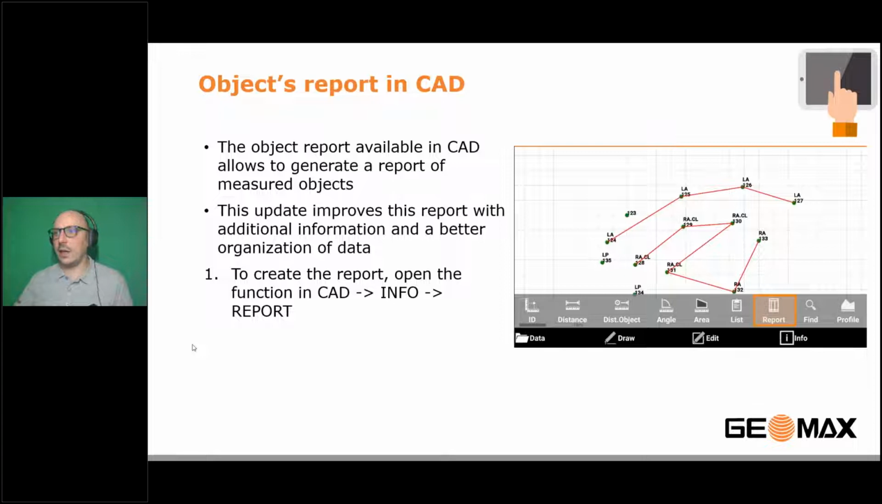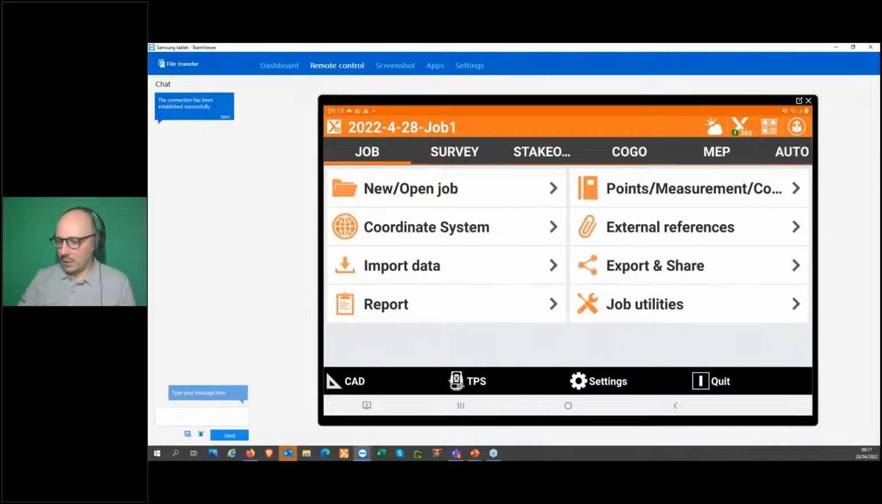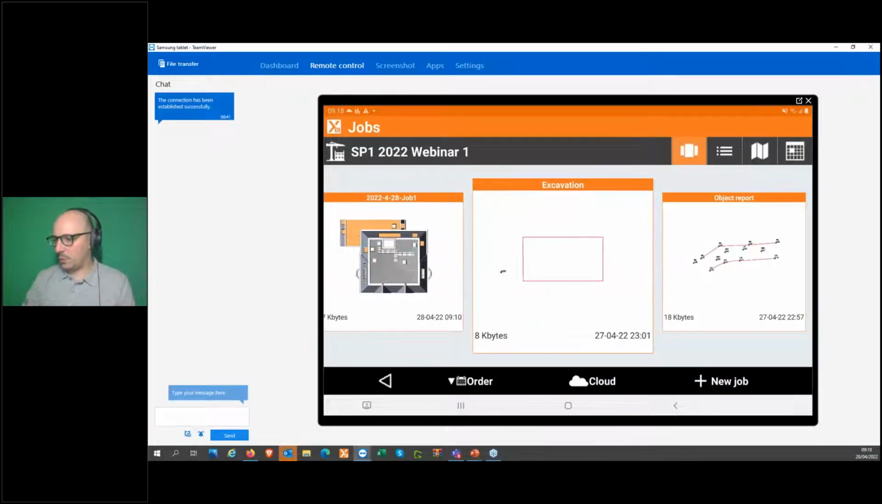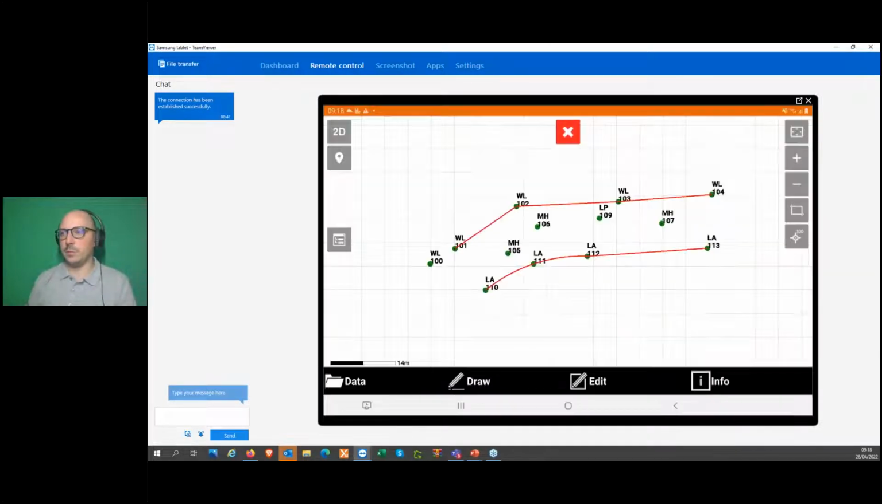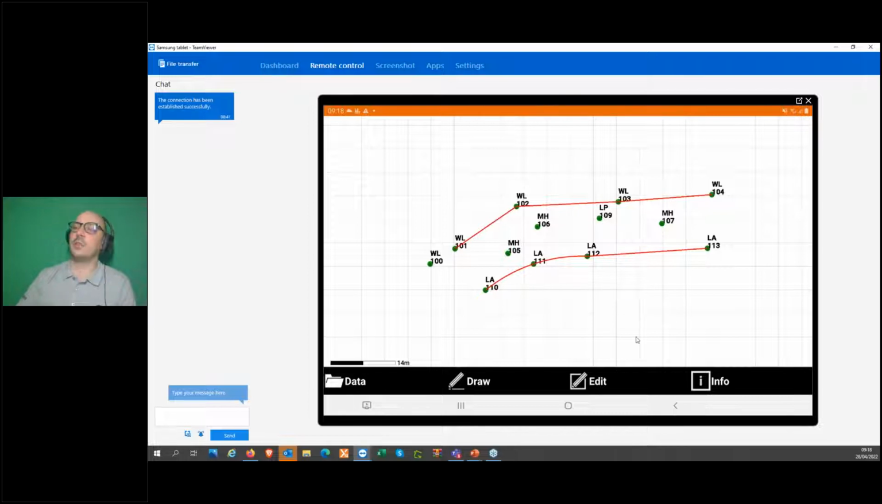Let me show you an example. Here I already have a job with, you see, some lines and points that I measured. I have two polylines, one with this code WL, another one with this other code. Then I have some points: MH is the manhole, LP is the lamppost. What I want to do is to have a report with a calculation of what I have measured, how many points I measured, how long are the lines that I measured on that code. So now we have this function here in Info,